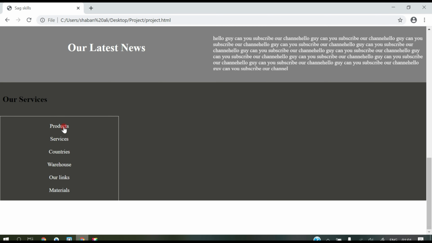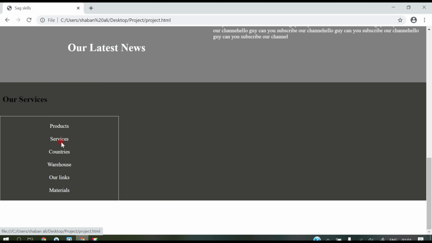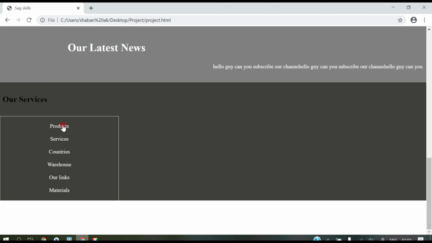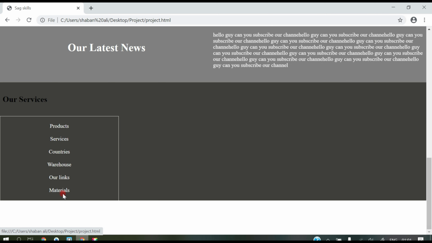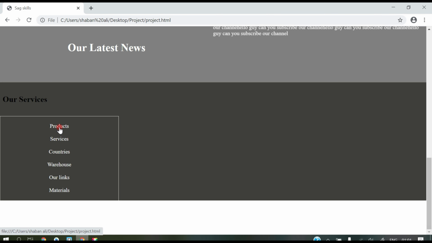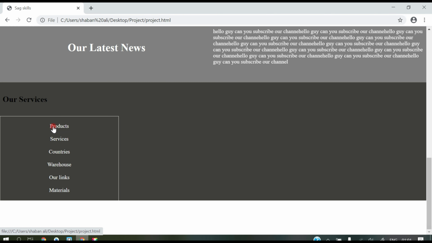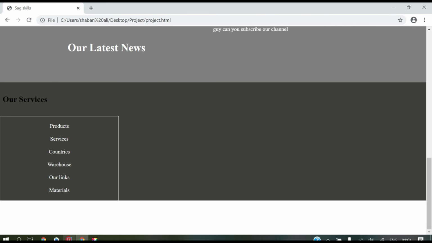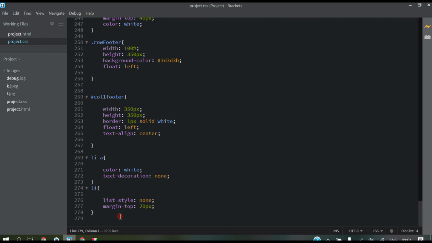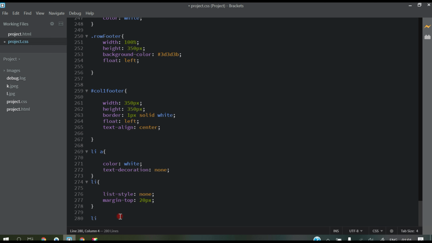So guys, if I take my mouse on this, we should change its color. This product, services, all these li should change color whenever I hover on it. So for that, come here, li hover.